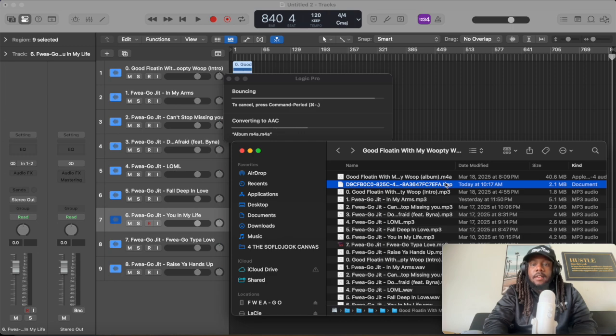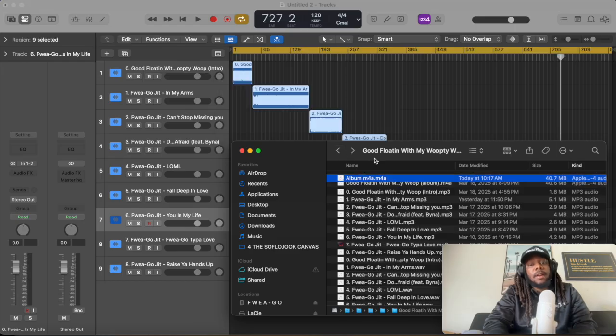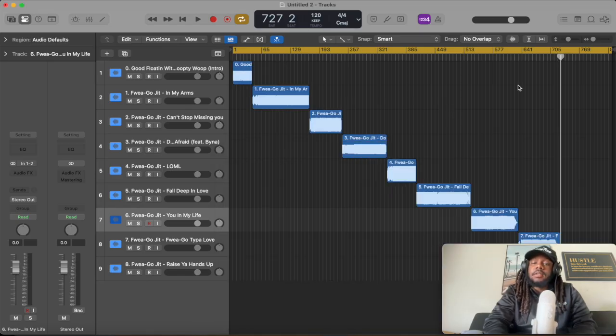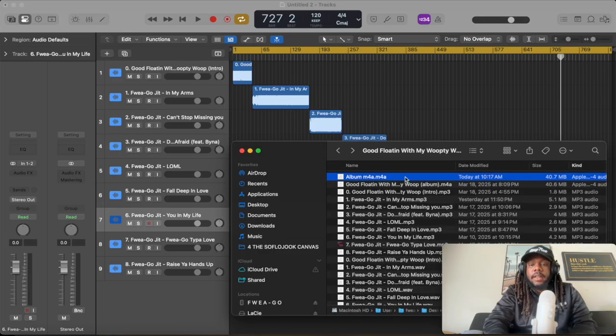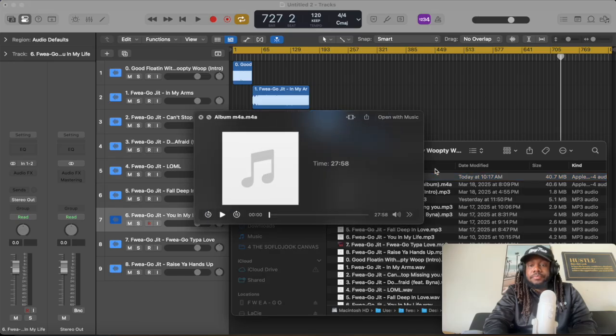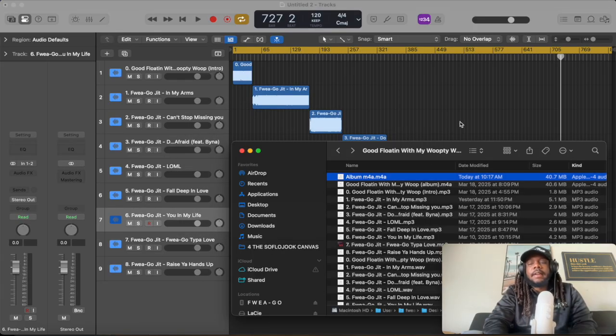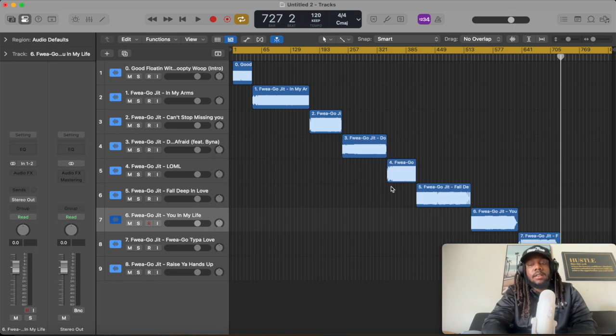But you don't want to send the file prior to it converting fully, because if you send the file to your phone before the conversion finishes, you're going to get about half a mix, if that. So let the process finish. And once you see that it is done, we see the file was right here, and then boom. So you see it's about 27, almost 28 minutes. So boom, we got our full mix, and now I can AirDrop this file to my phone, save it to my files, and then listen on the go.